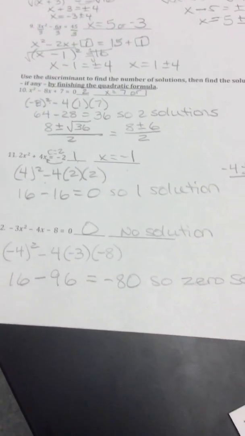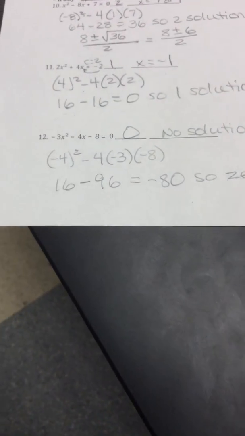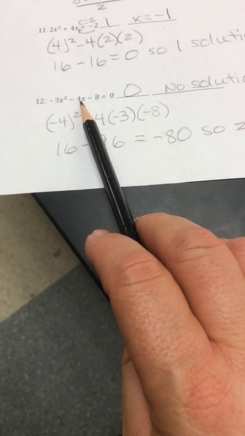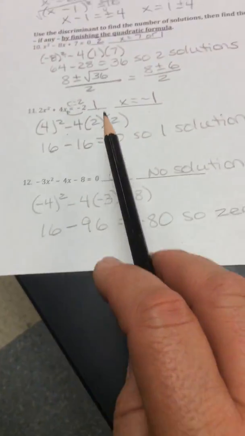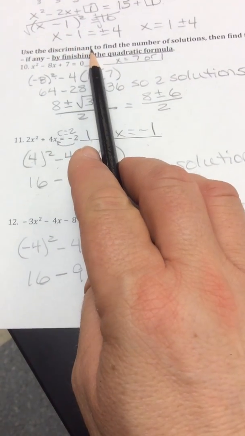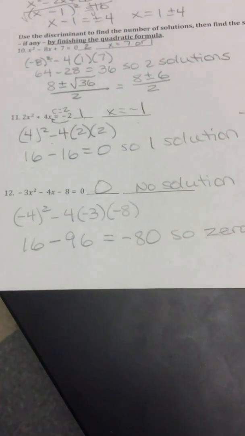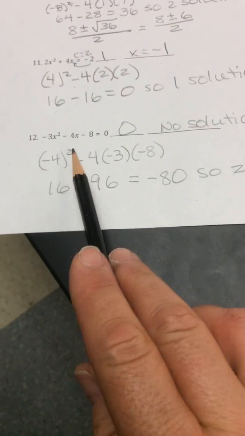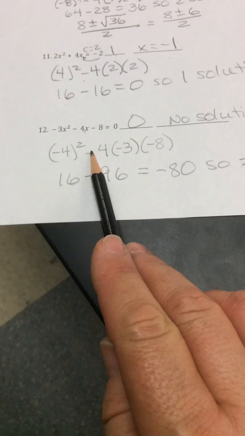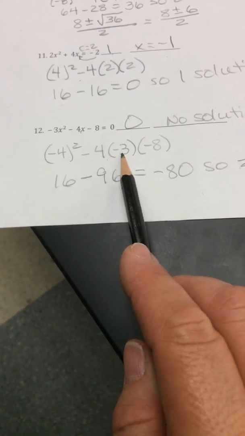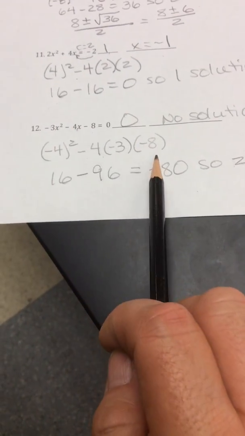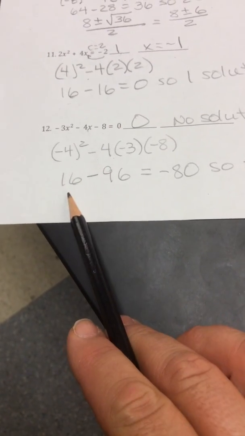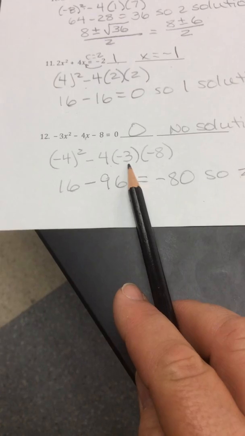All right, last one, number 12. Opposite of B, nope. We got A, we got B, we got C. What do we start with? Use the discriminant. Okay, so please don't jump to the whole formula. What we need right now is just B squared, which is negative 4 squared, minus 4 times A is negative 3, times C is negative 8. So negative 4 squared is 16. Negative 4 times negative 3 times negative